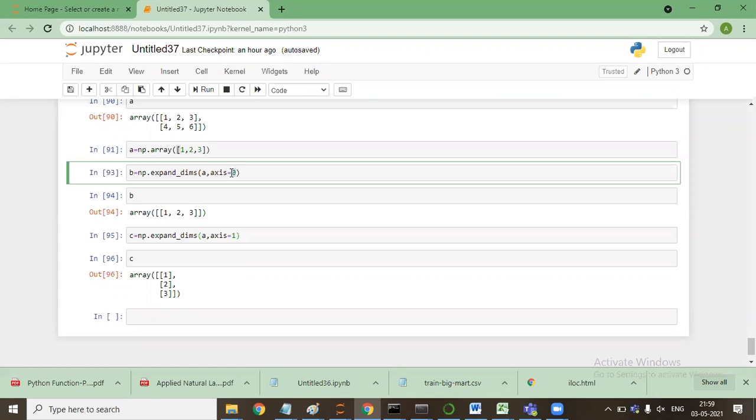Earlier, it could store only a singular kind of matrix. Now, when I said axis is equal to 0, I can store another row into it. When I say axis is equal to 1, it has the capability to store another column within it. Are you guys with me?